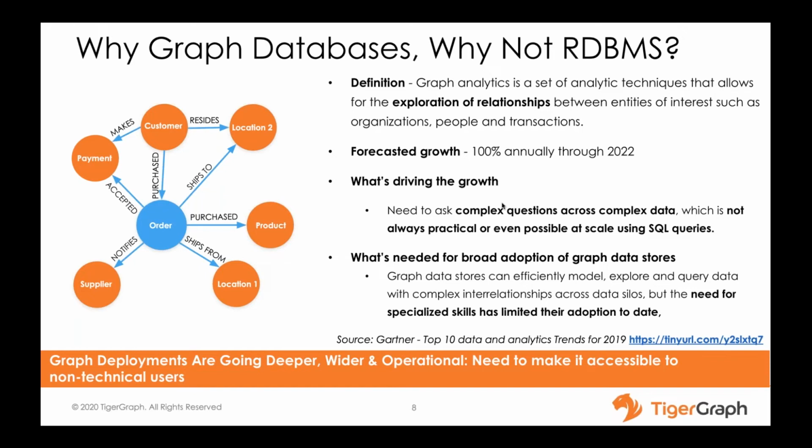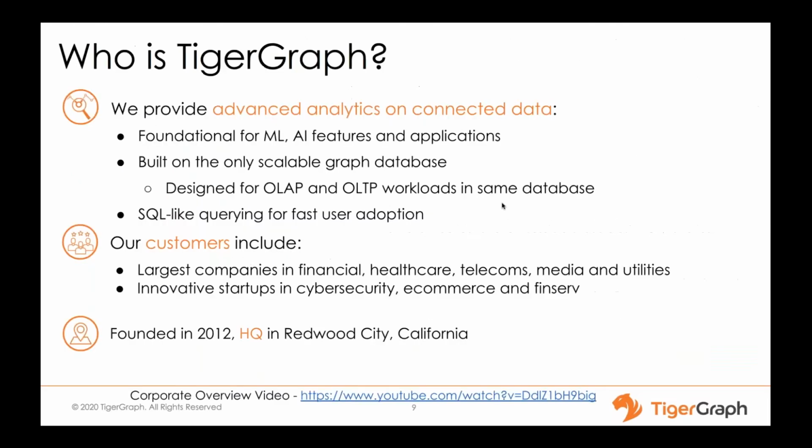But the problem, again, is that the need for specialized skills is not there yet. So the key question is, will the GraphDB vendors step up and answer that call, so that graph databases can address the need in the next 4 to 5 years, when graph analytics is bound to grow at the rate that Gartner is predicting? So we believe the answer is yes, TigerGraph is that solution. We believe TigerGraph is well positioned to further broaden the adoption of graph.